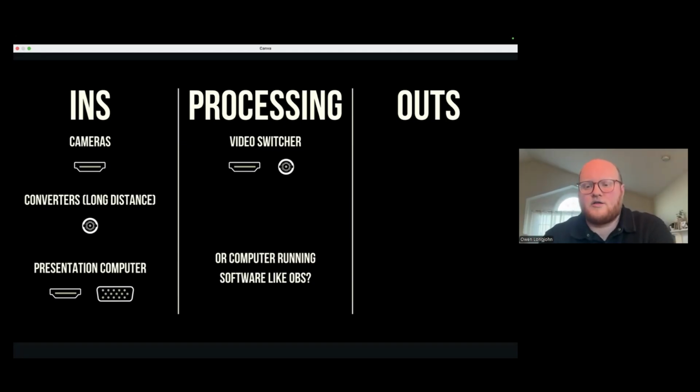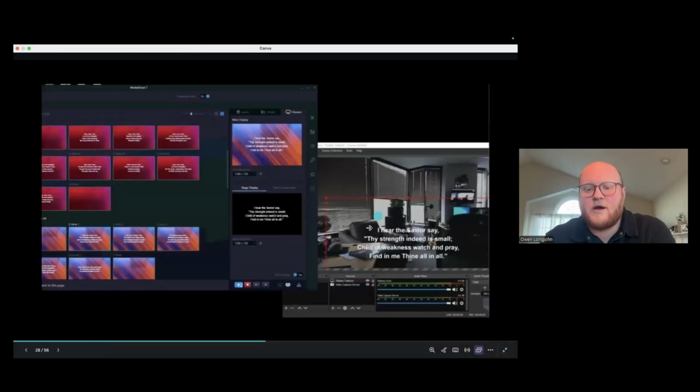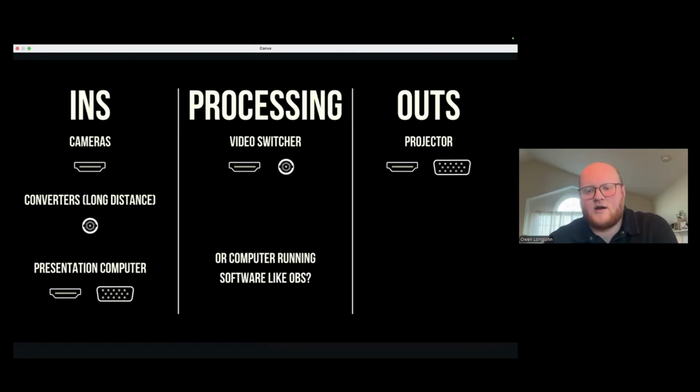And so rather than plugging into a physical device, you plug into a computer, and then you do your video switching on the computer. Down here in the bottom right, this is OBS. They're using it in this picture in collaboration with Media Shout so that they can get their lyrics overlaid on top of their live stream. So some cool flexibility with programs like OBS. Again, that's Open Broadcaster Software.